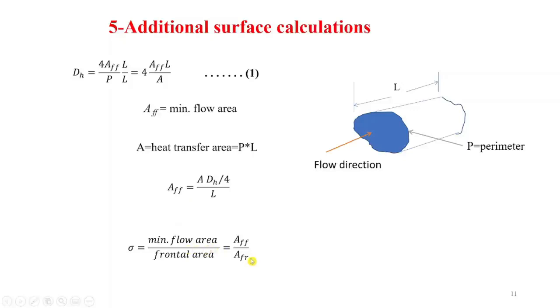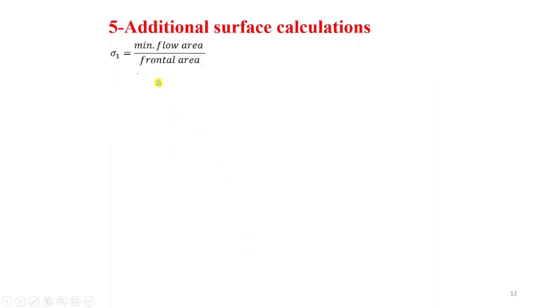What is the frontal area? The frontal area, we talked about it when we discussed the geometry, the first problem statement. So it is, for example, L1 times L3 or L1 times L2 for side 1. By definition, sigma is the minimum flow area divided by the frontal area. So sigma is, as we said, the minimum flow area divided by the frontal area,